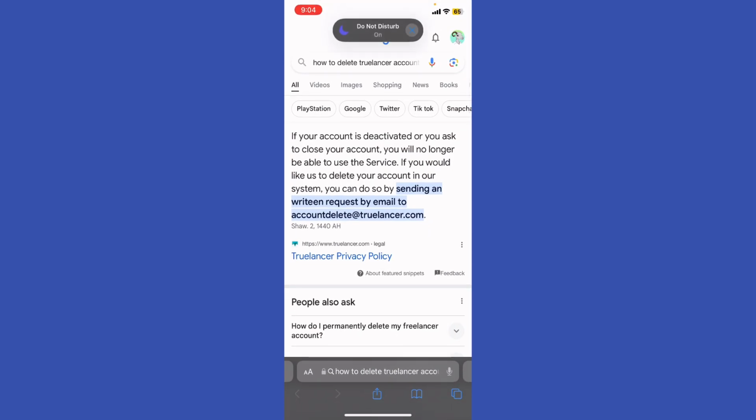And if your account is deactivated or you're asked to close your account, you will no longer be able to use the service. If you would like to delete your account in their system, you can do so by sending a written request by email to